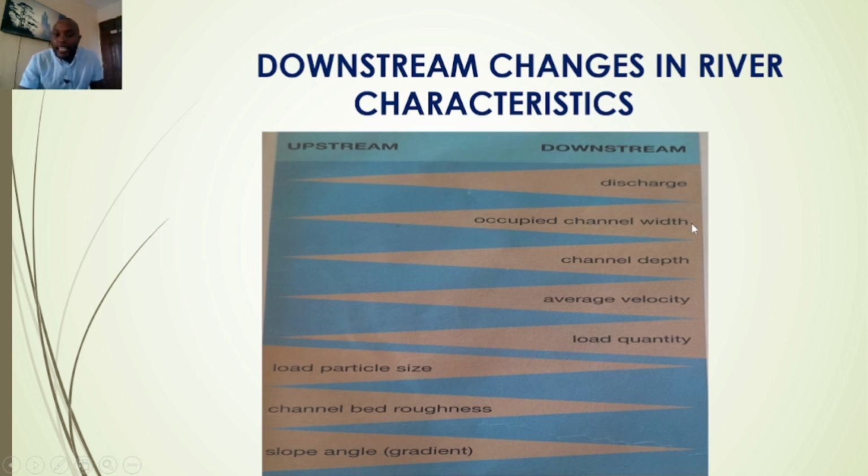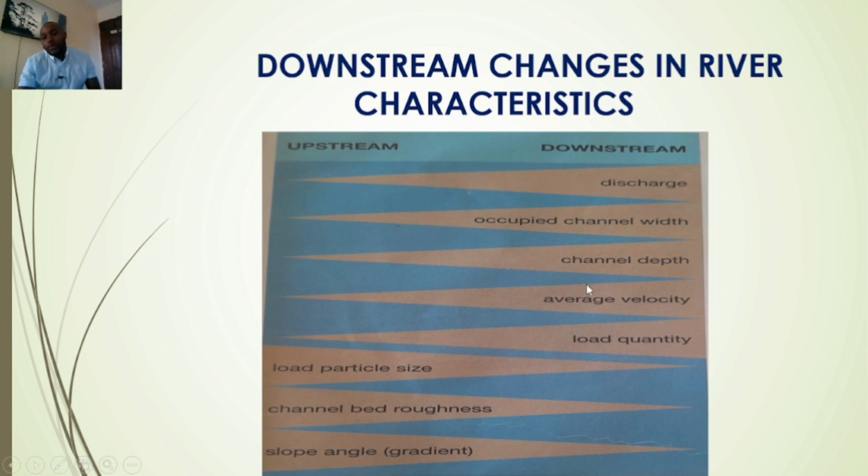And then the channel width. As you move downstream from the upstream, the width increases. So it's going to be wide as you move downstream. That's the width of the river channel. All right, then we talk about the depth. How deep is it? In the upstream it is shallow, but as you go downstream it's deeper. We're going to discuss more on that.